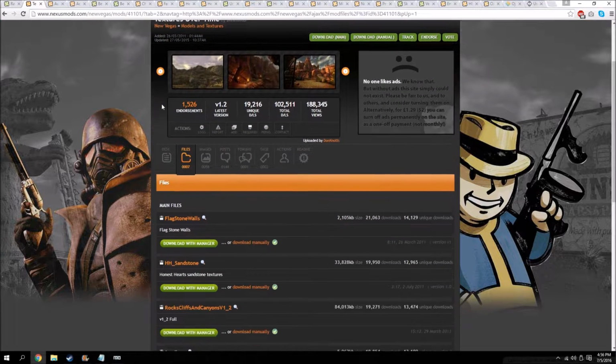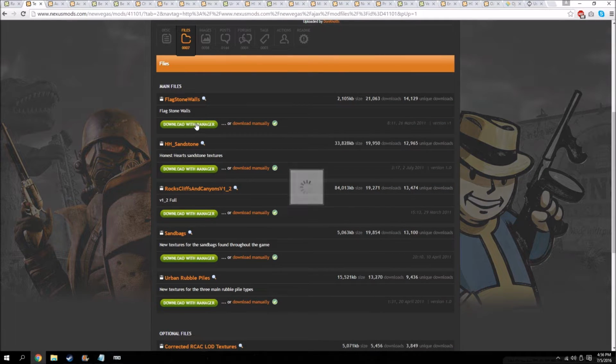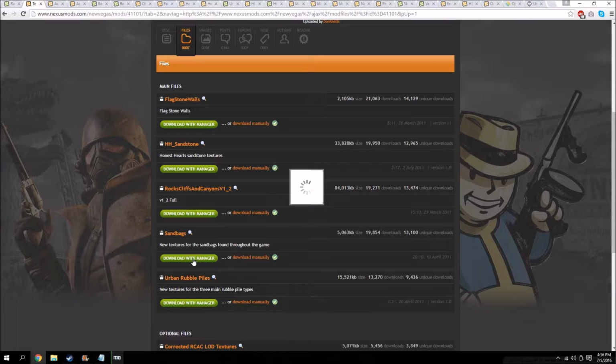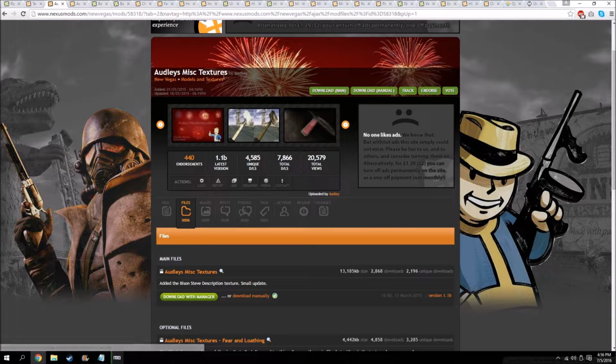This is Textures Over Time. And under the Files tab, we can download these manually. We're going to only be getting three of these files. So I'm going to get Flagstone Walls, download with Manager, Honest Heart Sandstone, download with Manager, and Sandbags, download with Manager. While those are downloading, we'll hop on over to Oddly's Miscellaneous